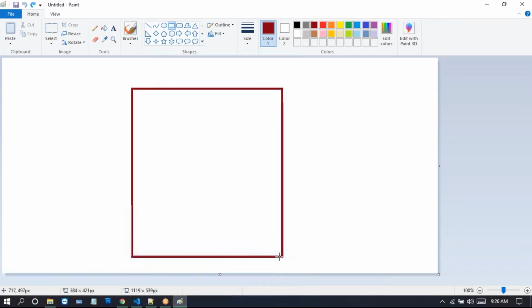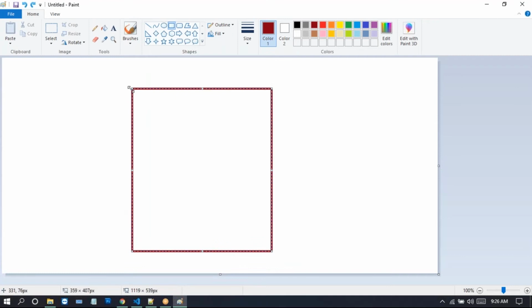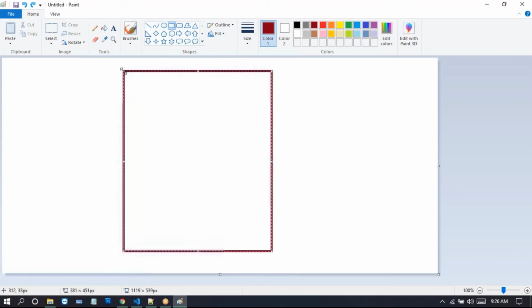Again we can draw this one and increase the size. Now assume that this is a web page. For this web page, we have a substructure like this one. So I'll draw this here, and draw one more.